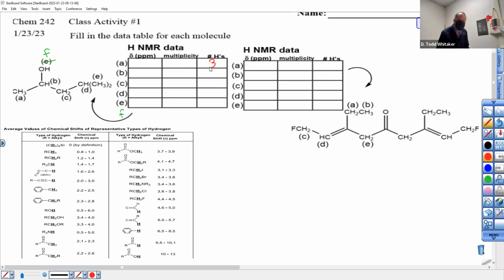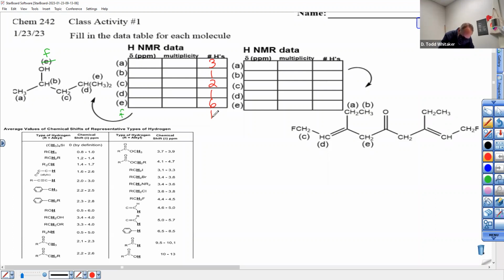There's only one called B. I was going to write B there. There's only one called B. And there's 2 called C. Only one called D. How many of their E's are there? How many E's? 6. And F, there's only 1. That's the H on the alcohol. Moving over to the other molecule,